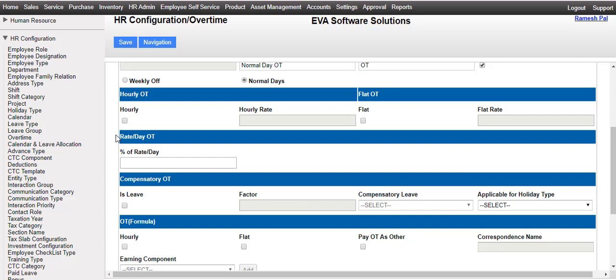If you are defining hourly OT, then check hourly checkbox. In hourly rate field, enter the amount that you will consider while calculating overtime. So in hourly rate field, I will enter 200.